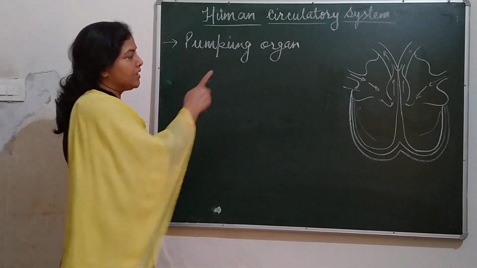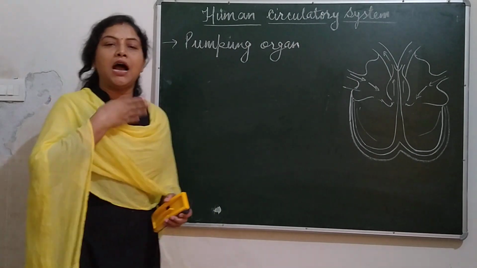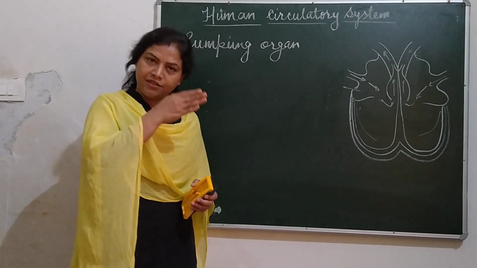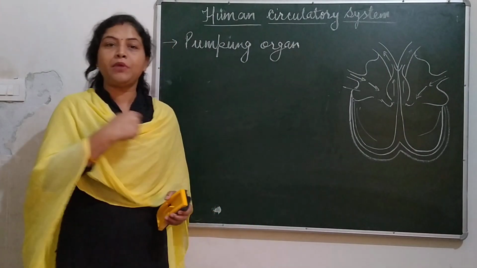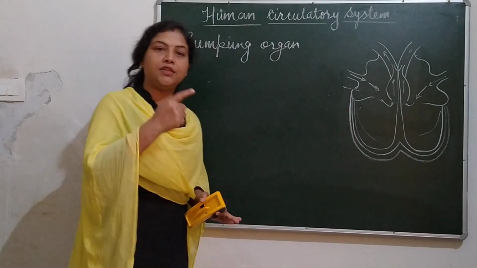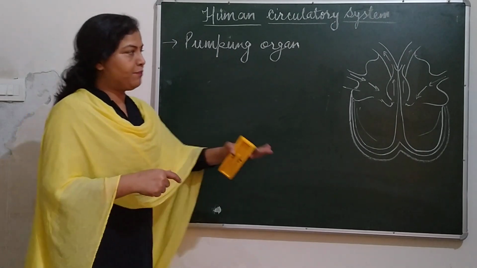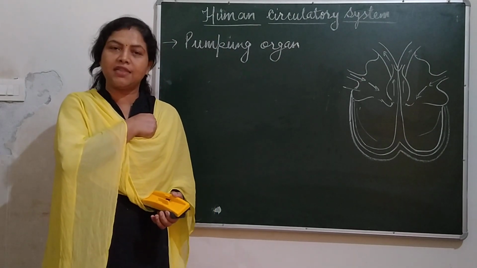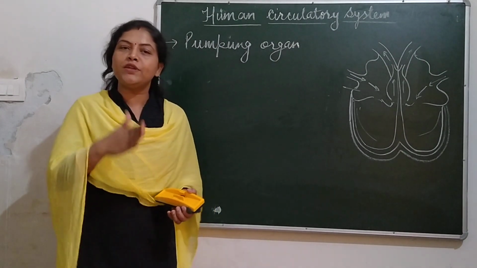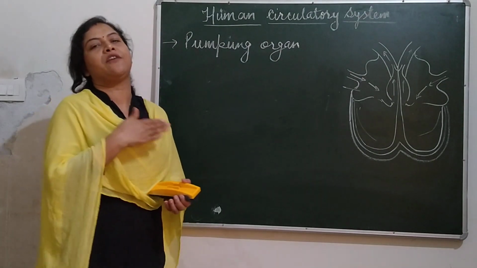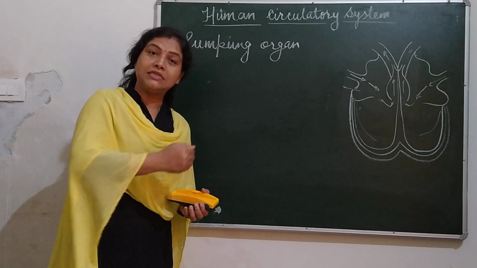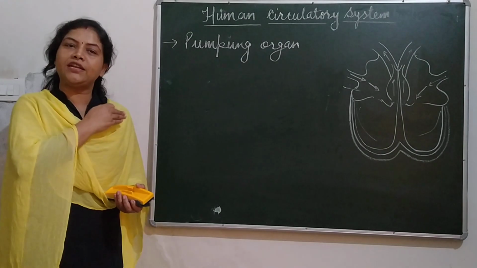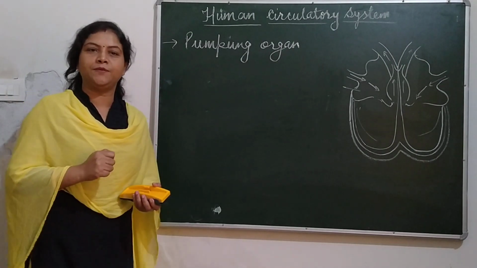Where is it located? This heart is located in your chest cavity, in the upper thoracic cavity, inside the rib cage. The rib cage prevents the heart from external injuries. It is said that the heart is situated at the left side, but this is wrong. Actually, the heart is located right between the chest cavity, but the left part is a bit tilted, a bit bigger. That is why it seems that the heart is located at the left part of the thoracic cavity.